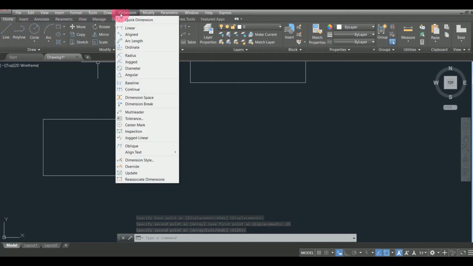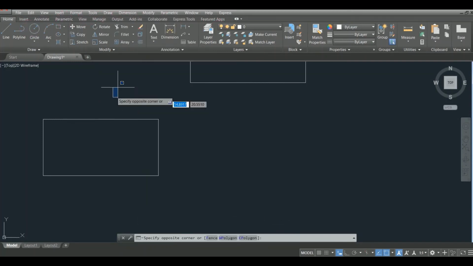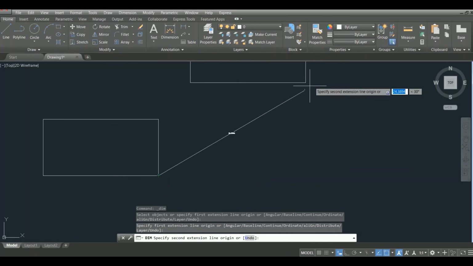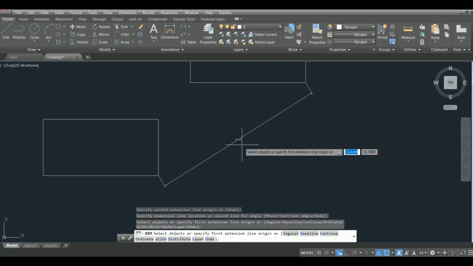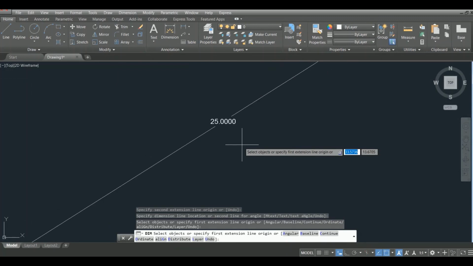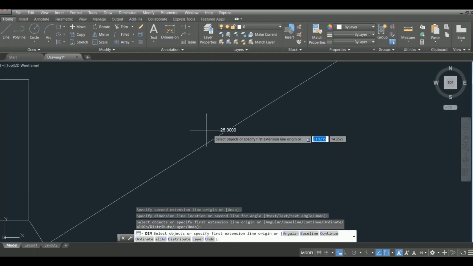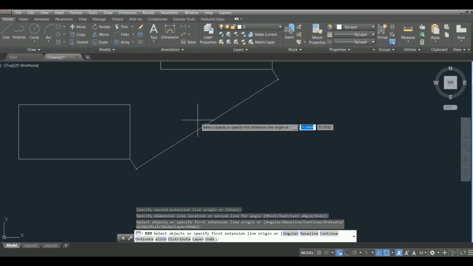Check the dimension of the copied object. Then the displacement of the copy of the object is 25 meter.